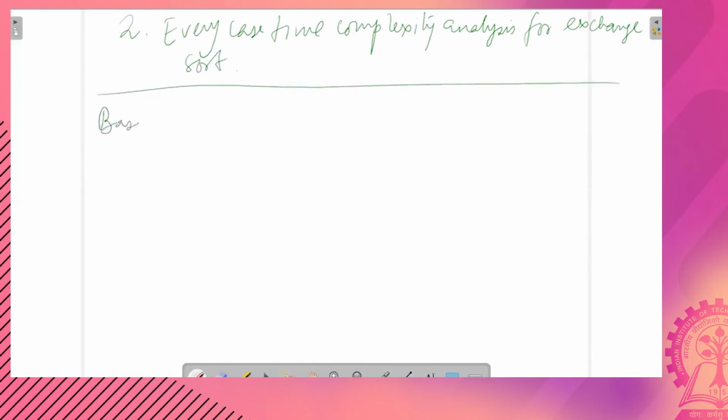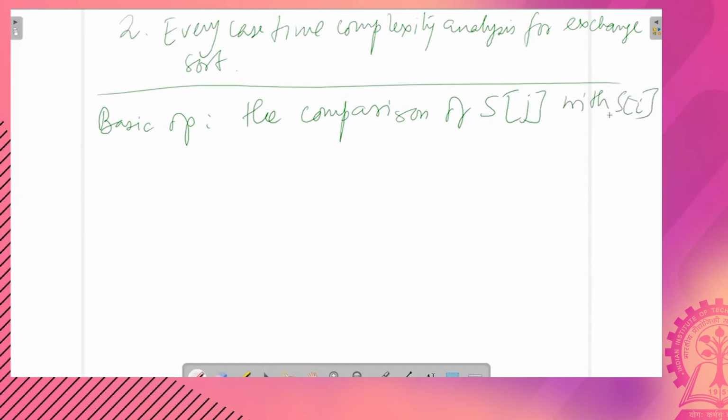Basic op, the comparison of Sj with Si. Okay.